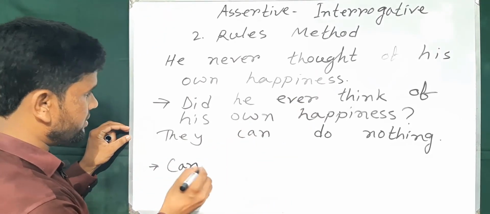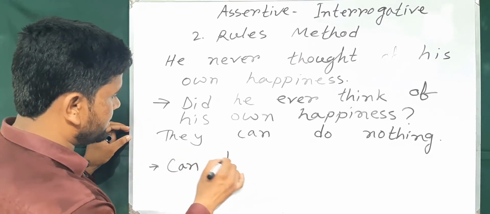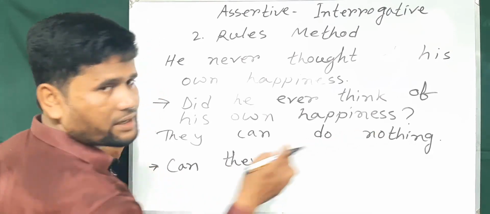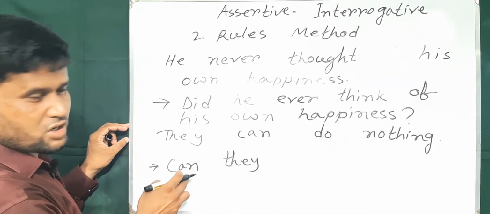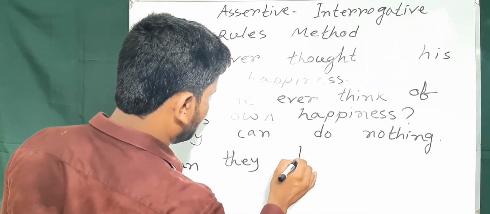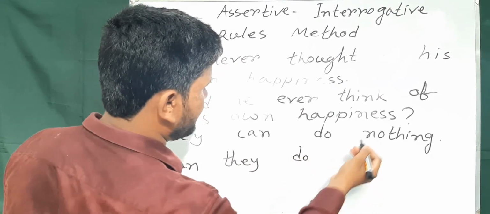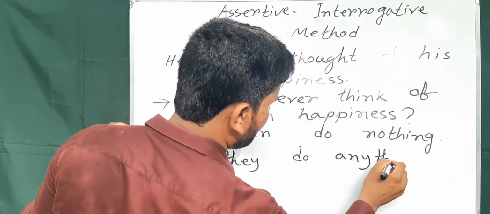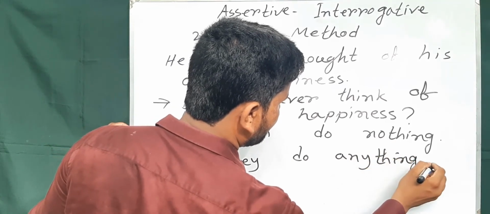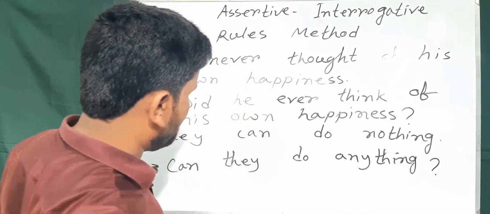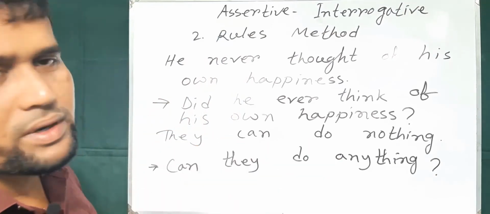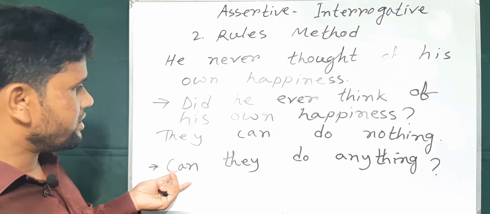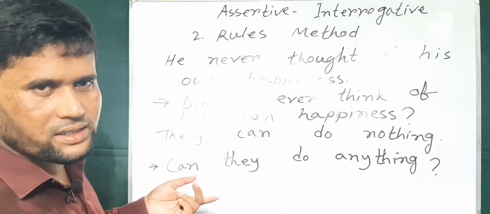and the subject they. The sentence is negative, so I need not use not here. They do, and at the end I use anything instead of nothing. When we find nothing, we can use anything instead of nothing. So in this way, but sometimes you may find